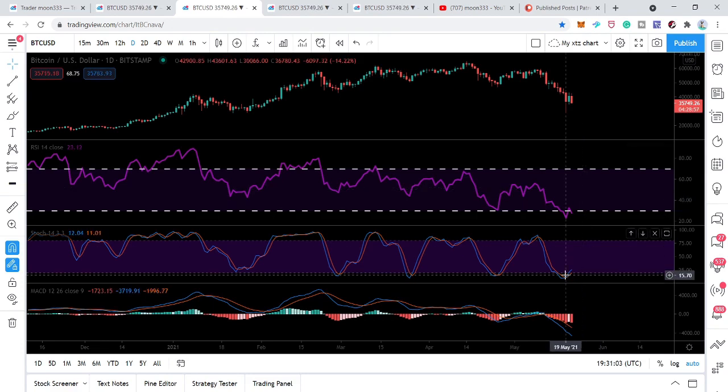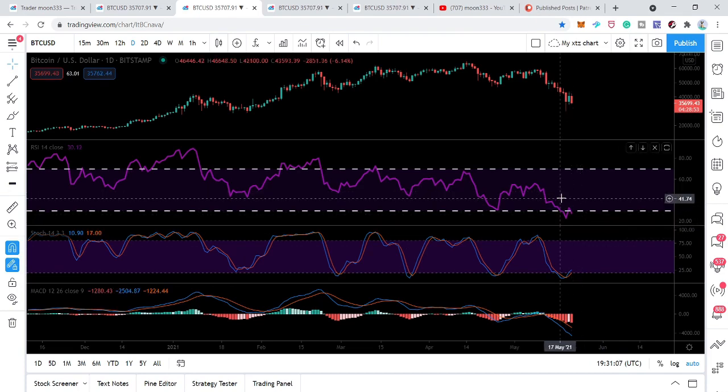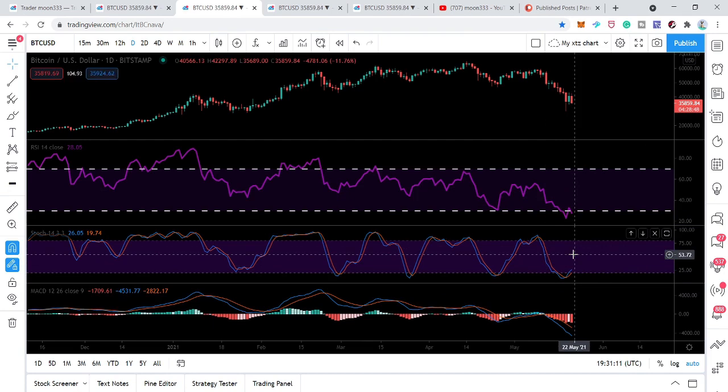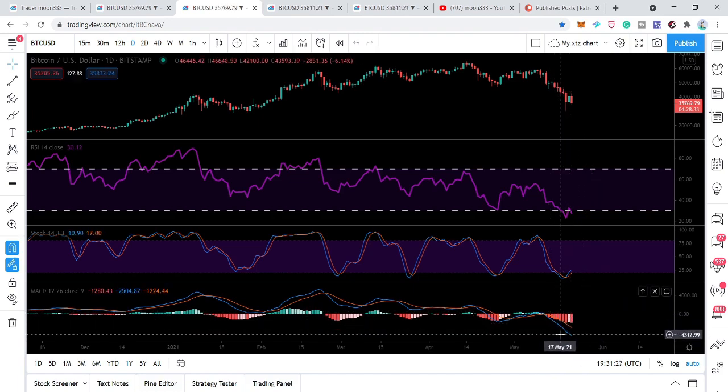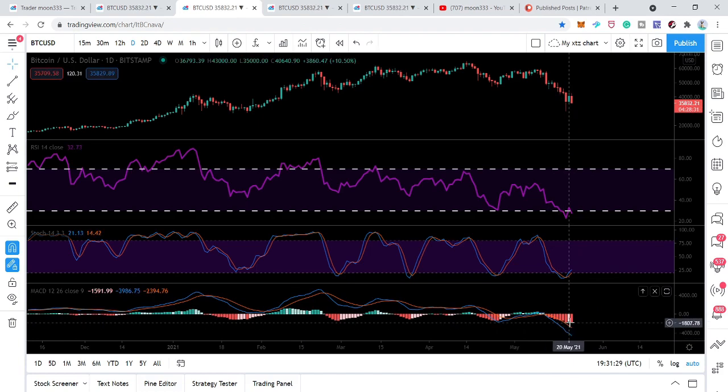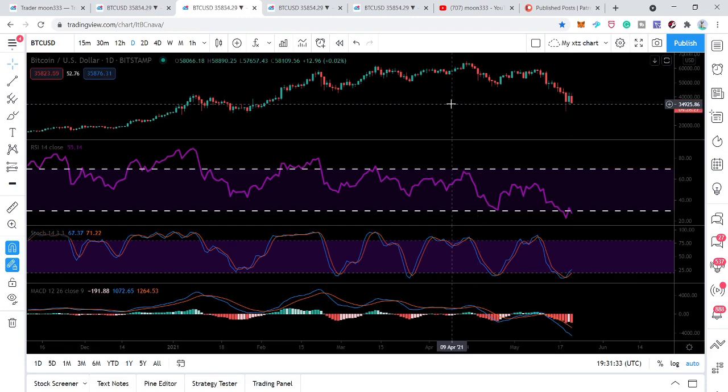So we have received the bull cross. We also have this RSI in the oversold zone, and this stochastic has given the bull cross from the oversold zone. And yesterday we also had this MACD turning bullish from the bearish, but today we can see that it has again turned bearish. So we also need the bull cross between the moving averages of this MACD as well. This blue line should cross up this red line. That will be another buying signal, and then maybe the price action will start a recovery rally.